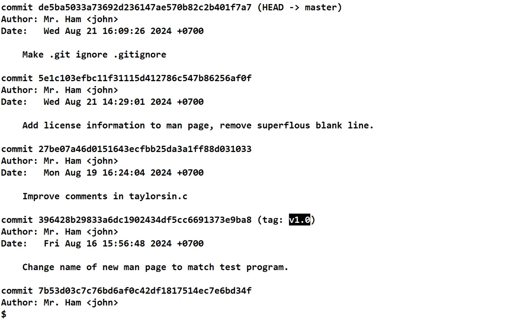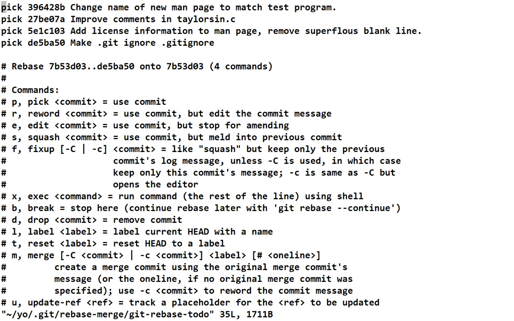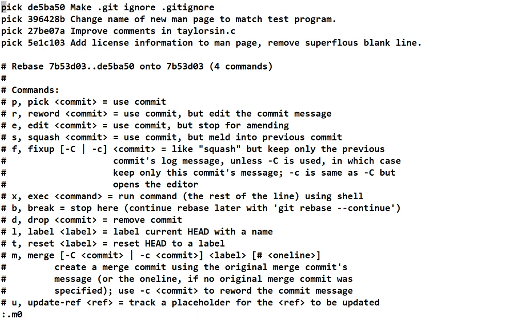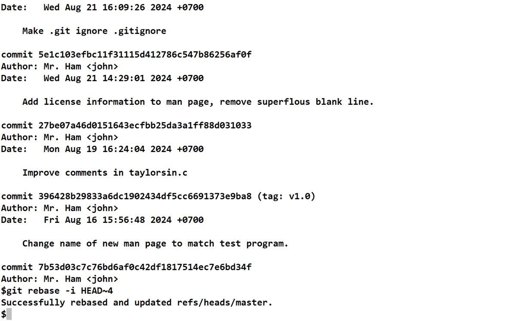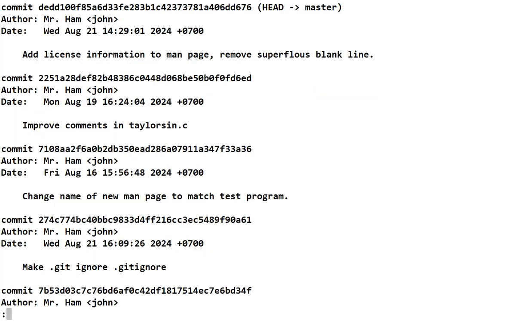So I said, git rebase is our hero. So let's try it. Let's go back 4 revisions, see what we've got. And it says you can reorder these, so I'm going to take this one, I'm going to move it up to the top, and I'm going to save it. It says, yeah, we did it. And then if I look,